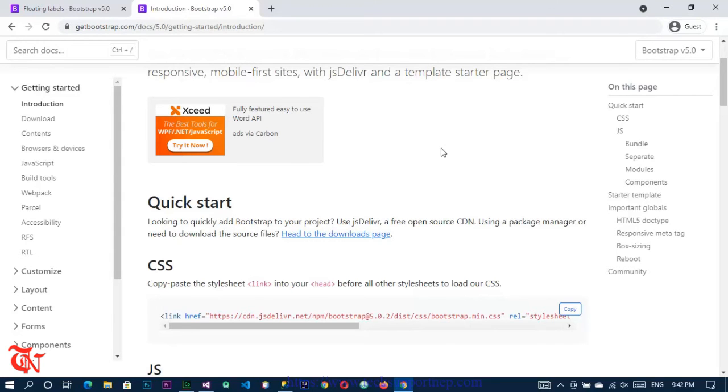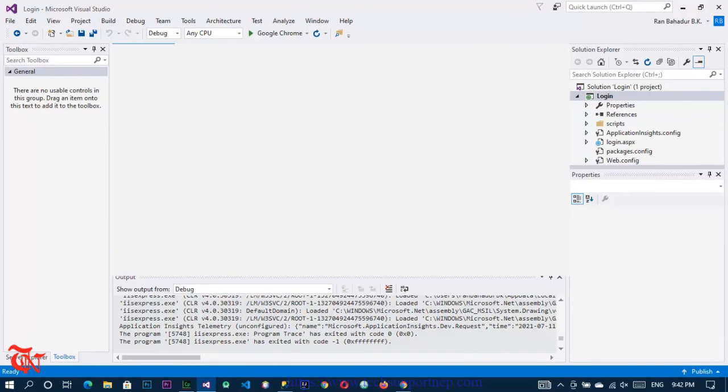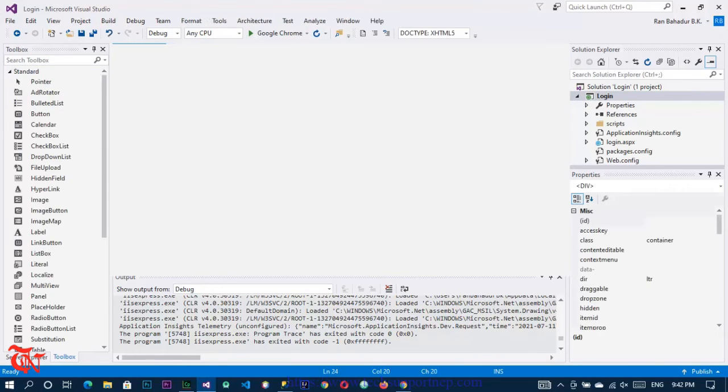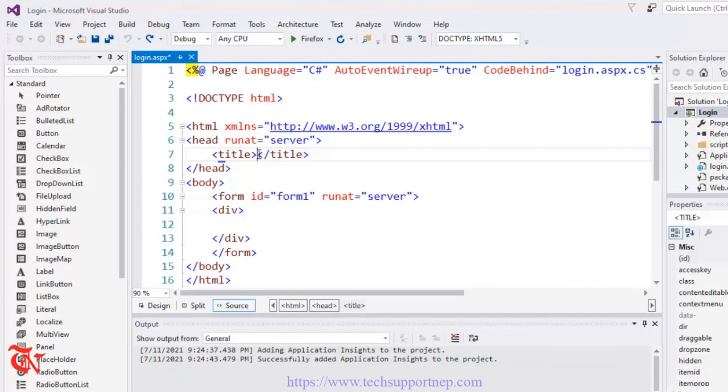After using this CSS Bootstrap link in your ASP.NET web pages, after compiling that code, what you can see is that classes are displayed by IntelliSense in Visual Studio. I will show the compiled CSS classes that IntelliSense shows when we are going to use them. So let's do it. Now we give some title like Login Page,